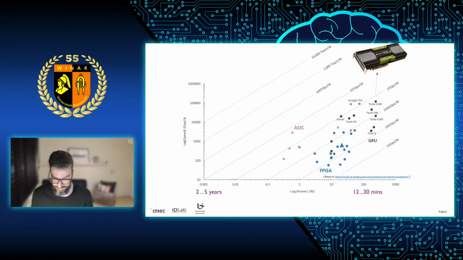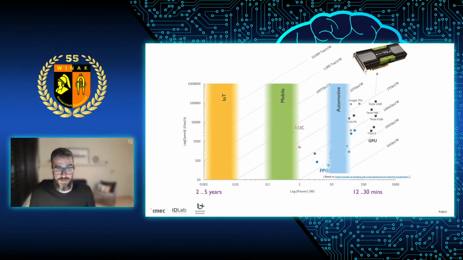So definitely not possible. And so if you look at the type of markets that we're going towards in the future, Internet of Things, mobile, automotive, they actually require a lot less power consumption. So those 3 vertical axes you see here, that's the domain that we want to go to in the future. With automotive, there's still quite a bit that you can do. But the moment you go to mobile phone devices or Internet of Things devices, the type of machine learning that you can run on a smartphone and especially on a sensor device is